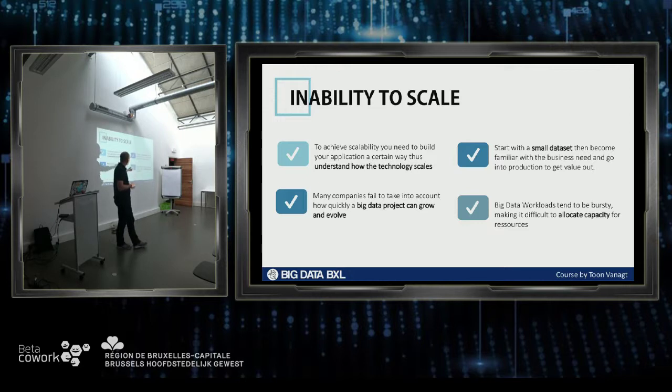And then big data workloads really tend to be bursty. Everything blows up. As soon as you are moving into duplicate data, normalization, you want to keep all the history. For example, the more you track and the more users get access to the data, if you want to have a data governance model where you track which API consumed which underlying data for which transaction, you're creating huge logs of that.